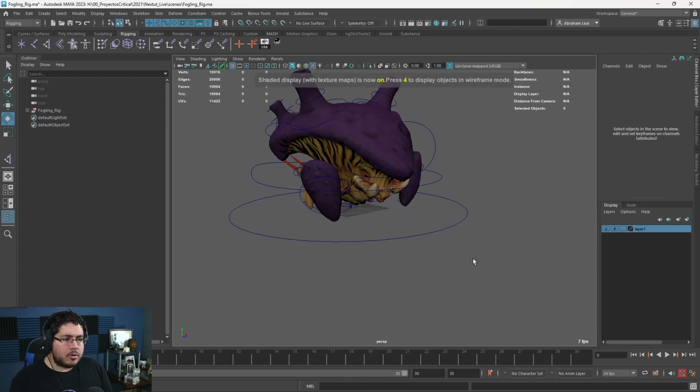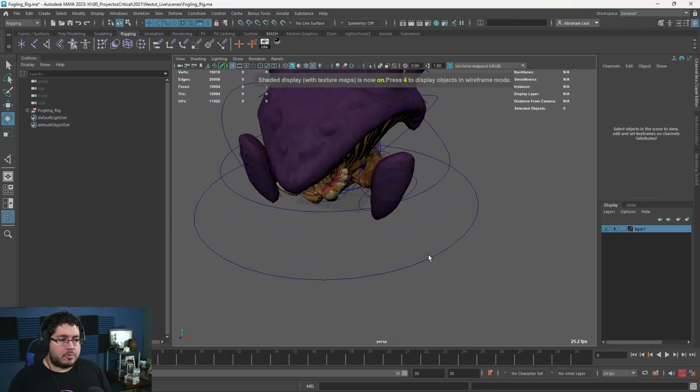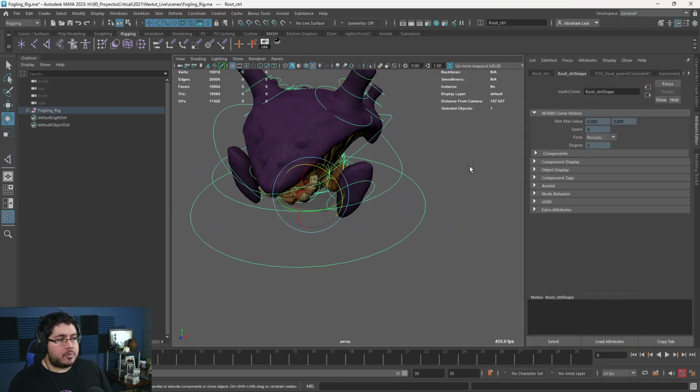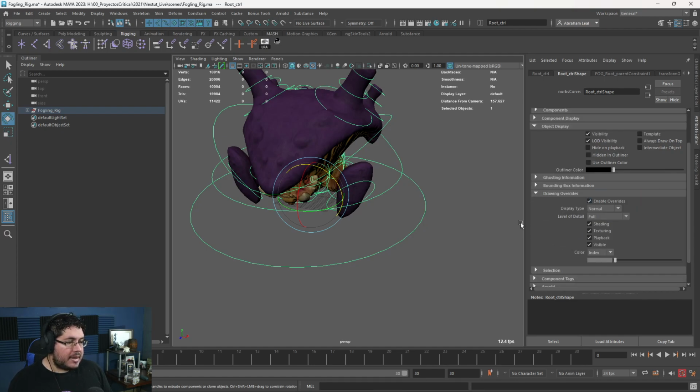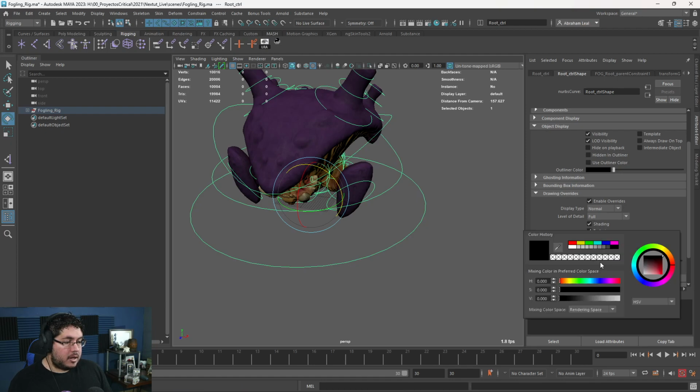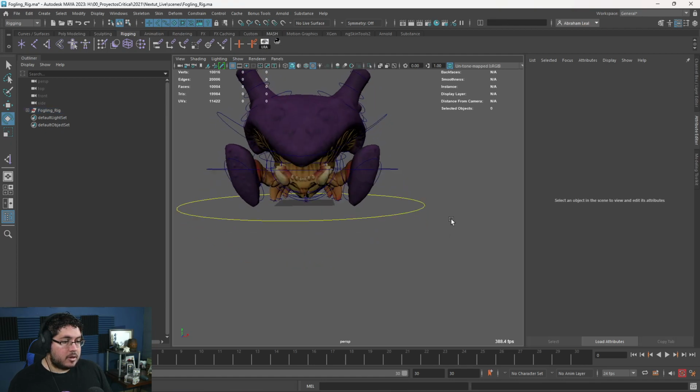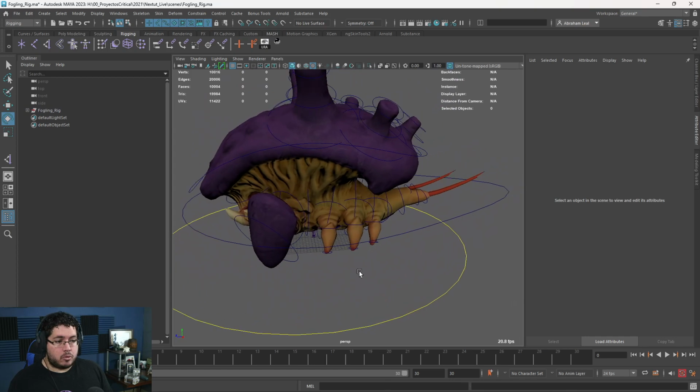Now, finally, to give it another pass here, every single curve, if we press Ctrl A, if we go to the shape, we have this thing called the object display. And there is one thing that we can do here, the drawing overrides. We can enable an override and we can change the color. So this curve right here, I am going to go to RGB and this is going to be a yellow curve because it's the most important one.